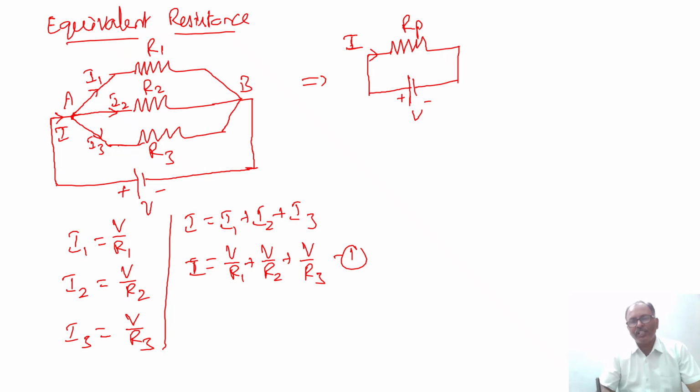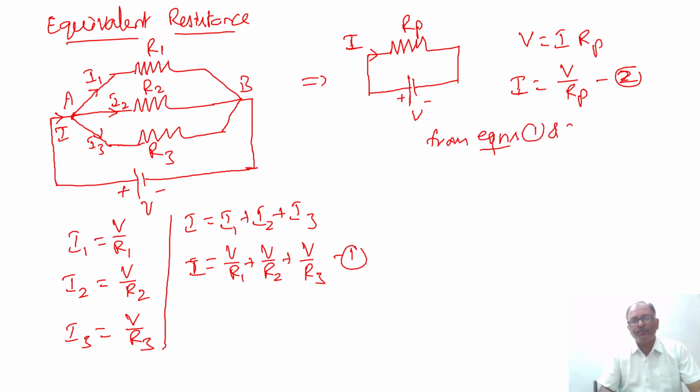Now from the equivalent circuit, we have V equal to I into the equivalent resistance Rp. Therefore, I equal to V by Rp. So this is equation 2. For this circuit to be equivalent to the other one, the current I in both cases should be the same for the given voltage of V volts. Therefore, from equation 1